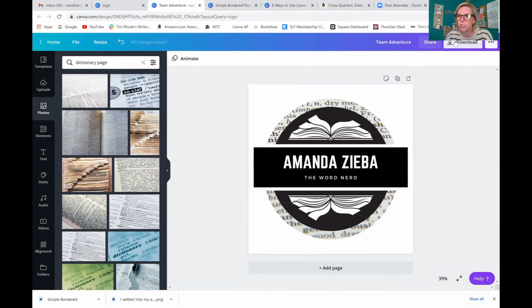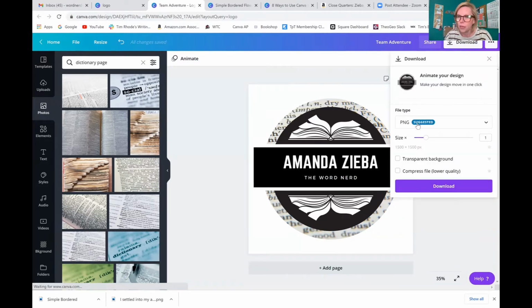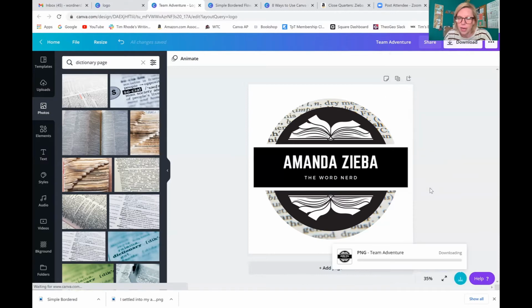Again, when you go to download this, you're going to want to download it as a PNG because that will give you no backdrop. If you download it as a PDF or a JPEG, you'll get the white. And we don't want the white, we just want everything to be clear behind that, so that you can just put it on things and you don't have to worry about that white square. The white square isn't a part of the logo, the rest of it is. So if you go PNG, download, you'll be able to have that with a transparent background,